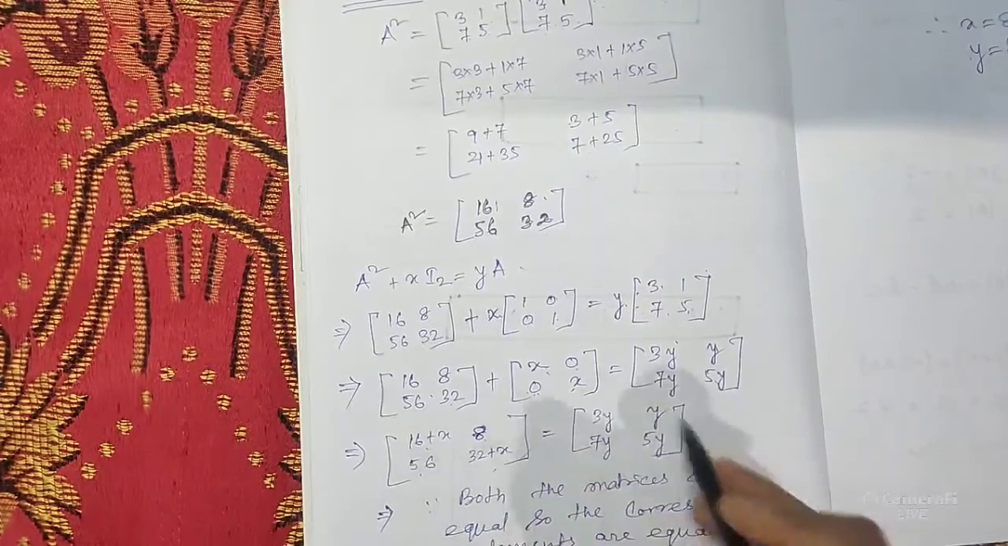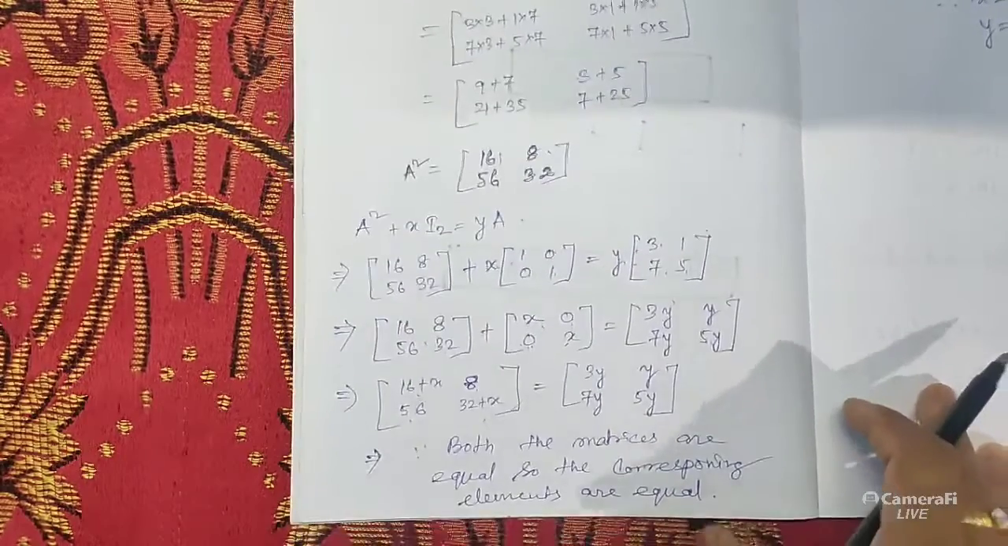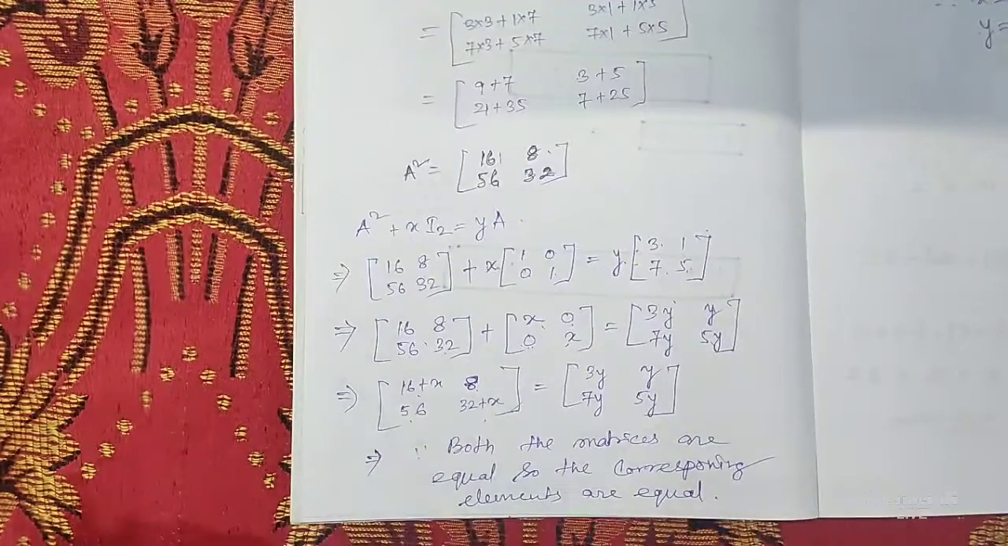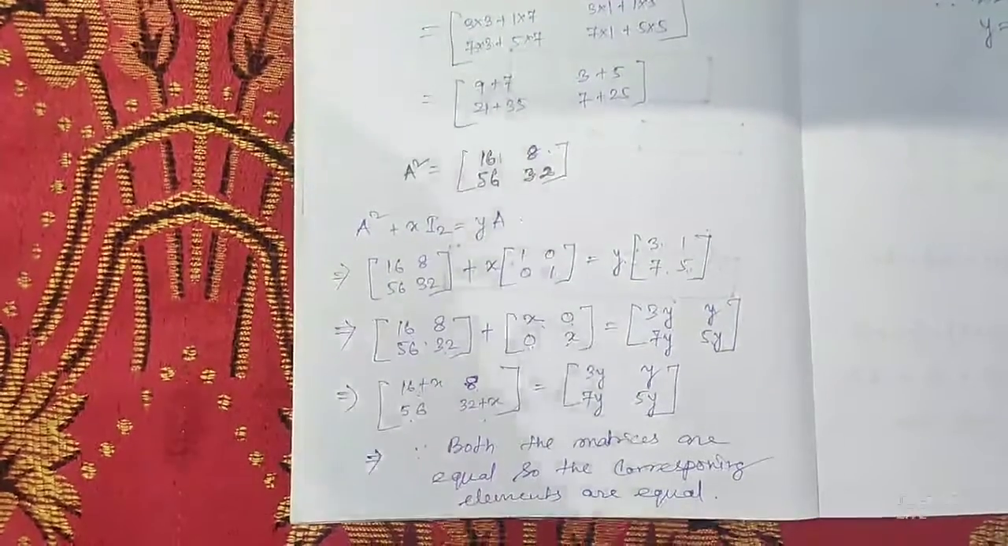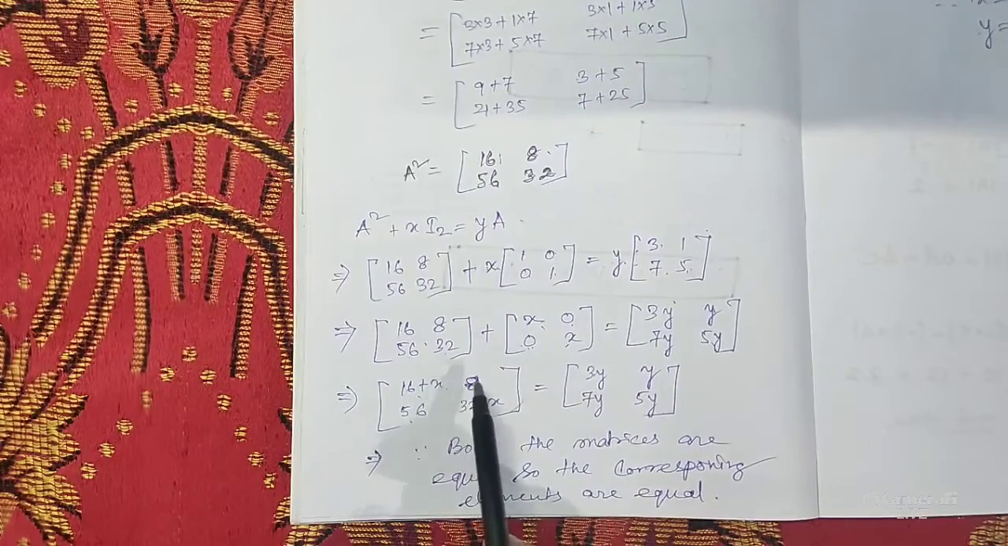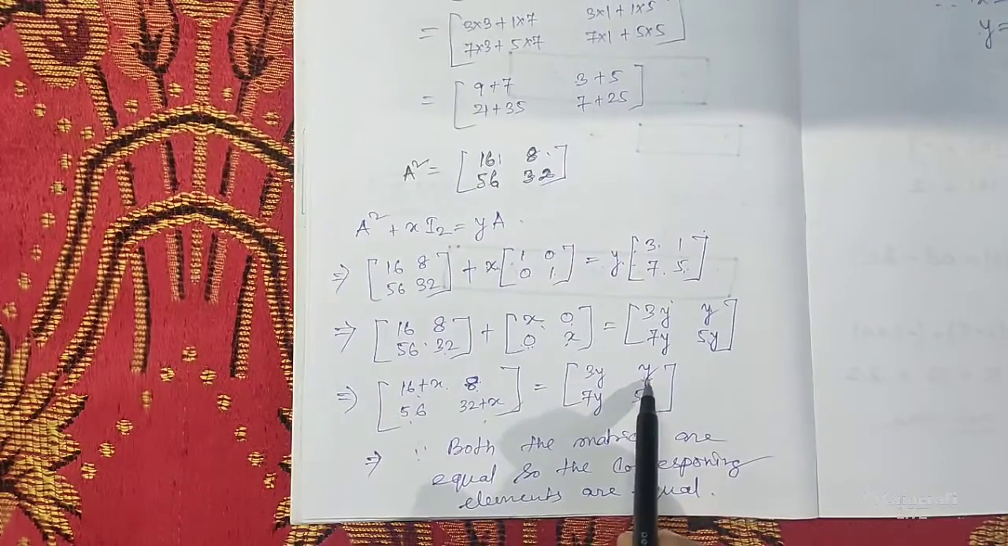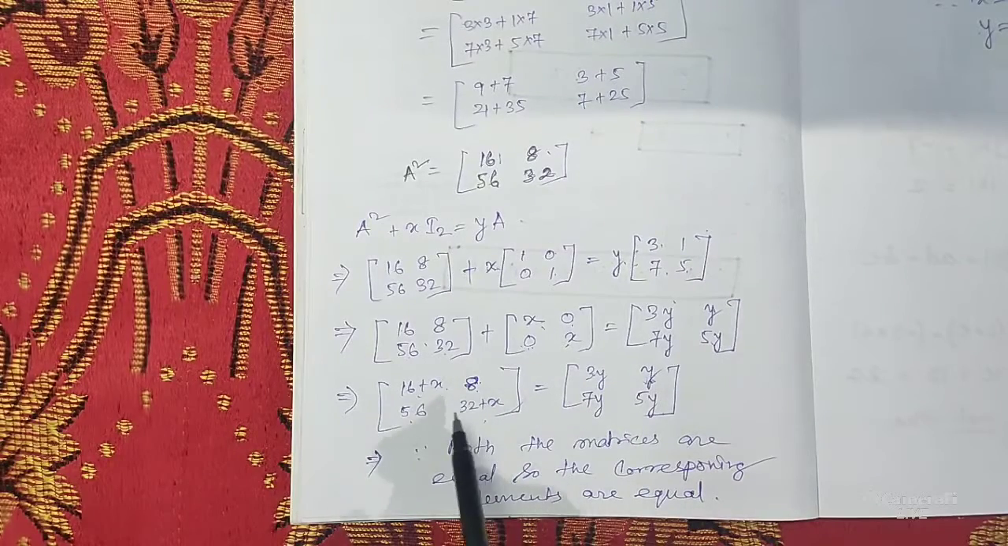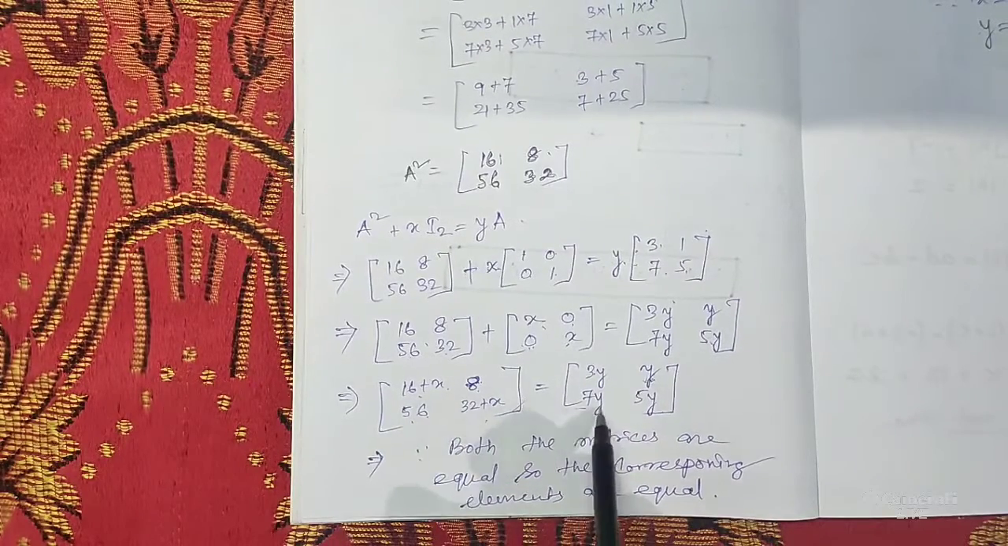So this is equal to this. Now from equal matrices we know that the corresponding elements should be equal. If two matrices are equal, then corresponding elements are also equal. Are you getting it, students? In the chat option you send your message. If you have any queries, send the message. So by equating the elements, you are getting 16 plus x equals 3y, 8 equals y, so directly we get the value of y equals 8, and from this one we are getting